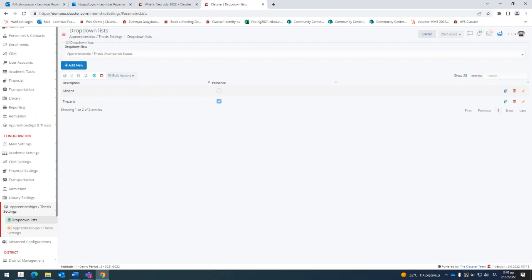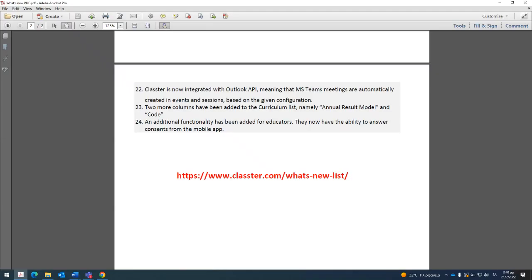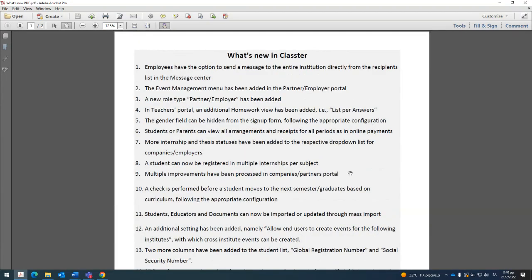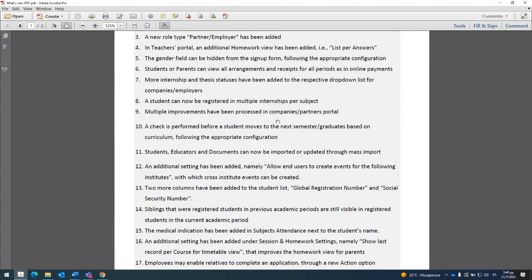I will show them all in this text that I have set up. This is a general what's new in Classter. You don't have to navigate in the system. You can see all these new additions and new functionalities, as I said before,